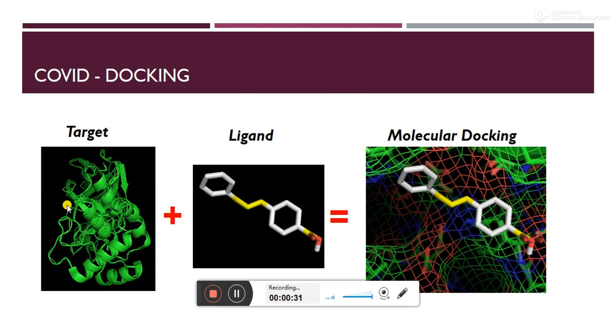So what molecular docking basically consists of is two types of molecules. That is, in bioinformatic modeling, the interaction between the target molecule and the ligand molecule, which forms a very stable complex that is called a duct or